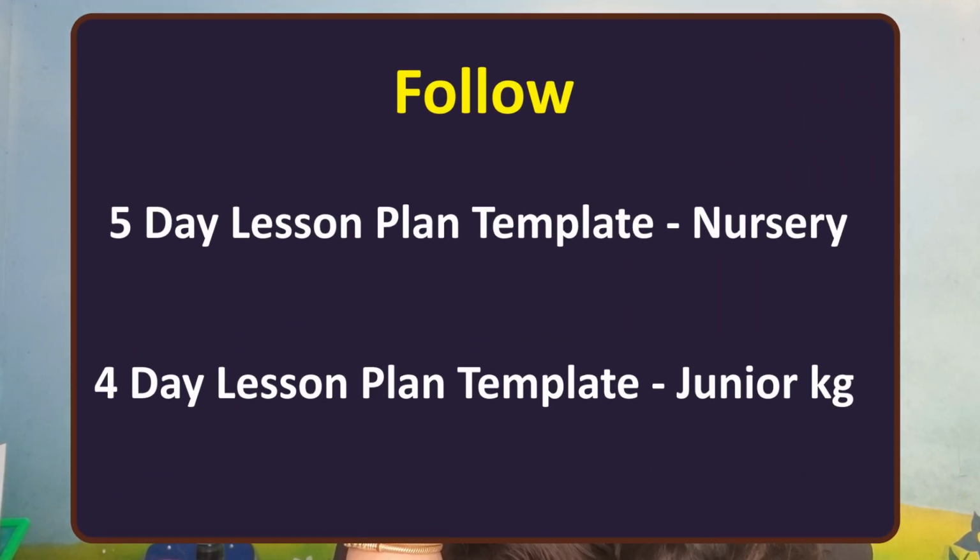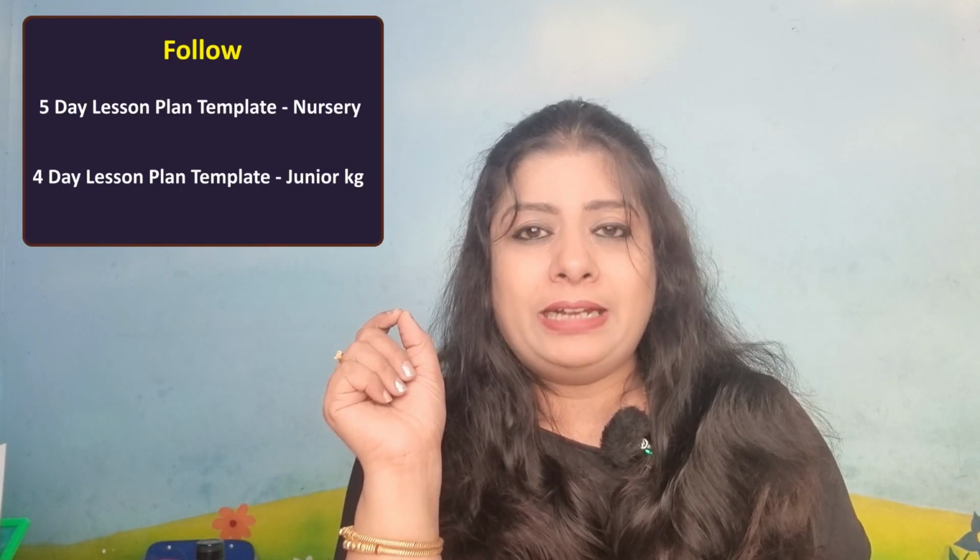So writing in series, as I told you, is very, very important. Now we are doing the 4th letter, so you can definitely help kids trace. Nursery children will trace A to D, and junior KG children will write A to D. Wait for my video to know why writing in series is very, very important in foundation literacy. So these are all the things that we'll have to do step by step in order to achieve the desired learning outcome. And you can follow the 5-day and 4-day lesson plan template to introduce this letter in your classroom.